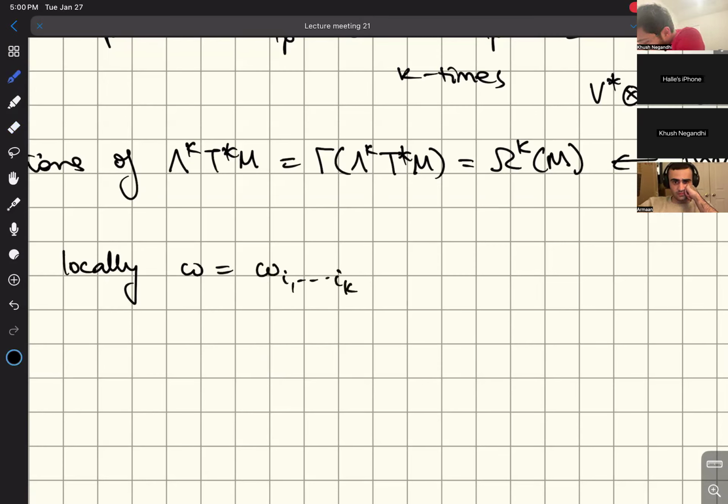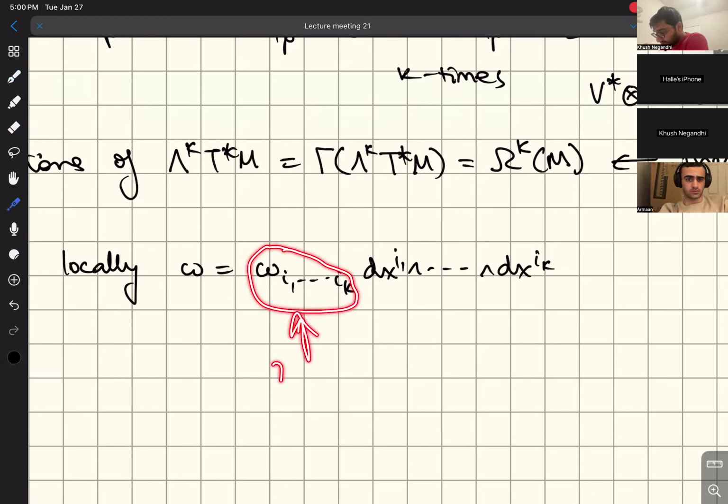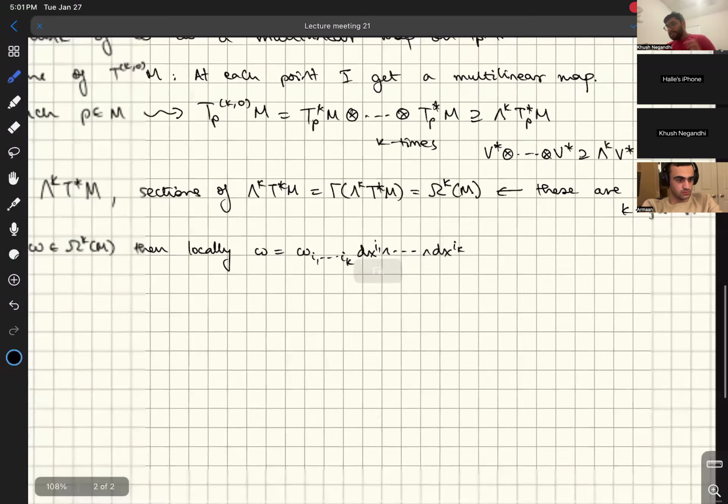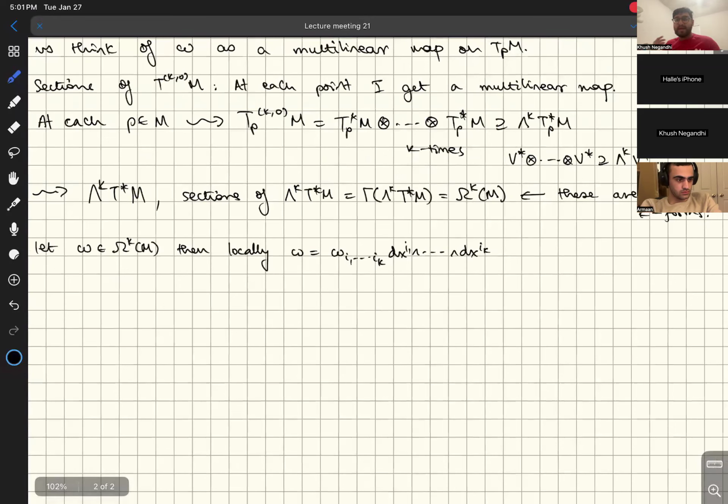So, okay, it looks like alternating tensors that we saw in linear algebra. And now these, instead of being coefficients, are functions of p, as in functions of the point. So locally, these just look like linear algebra. So that's wonderful, right? And now we can ask ourselves, if this is just linear algebra, then can we